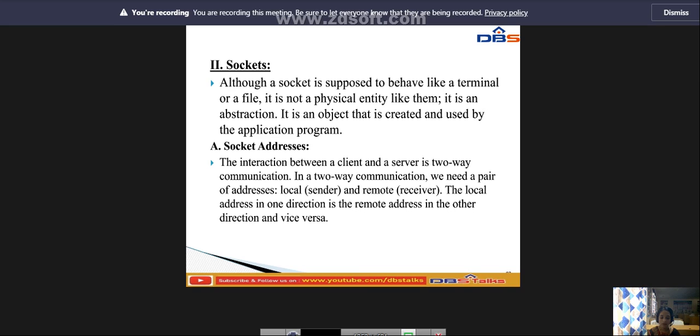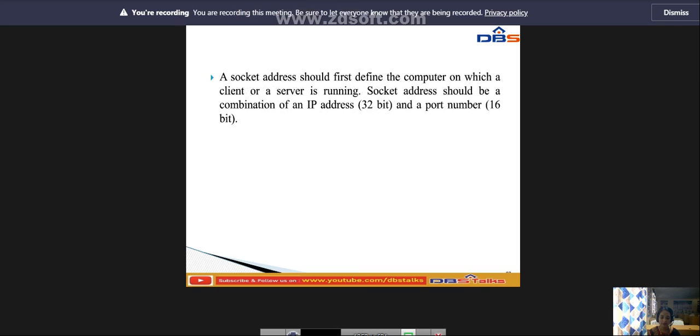A socket address should first define the computer on which the client or server is running. The socket address is a combination of the IP address, which is 32-bit, and the port number, which is 16-bit.